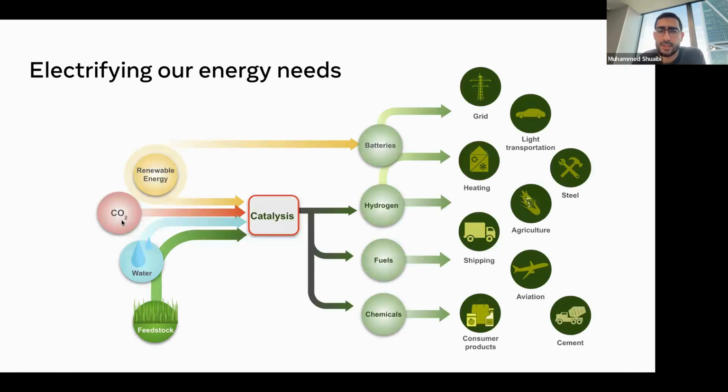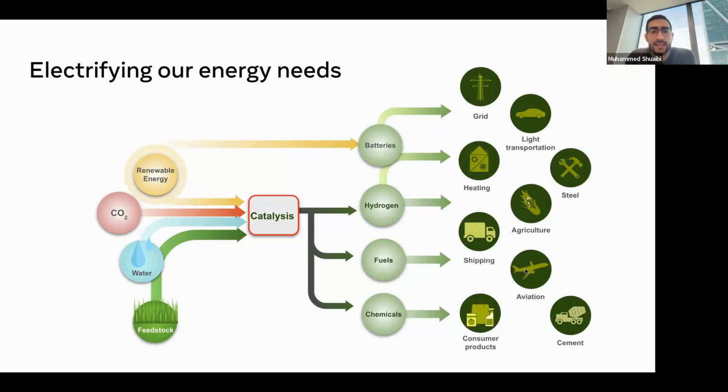And that's really the catalysis problem: how do we incorporate catalysis, feed in some of the renewable energy resources to store that energy so we can use it at a later time for these different applications. And this is really the reason these industries haven't made use of renewables as much, is because it's too intermittent. They need a reliable source of energy.